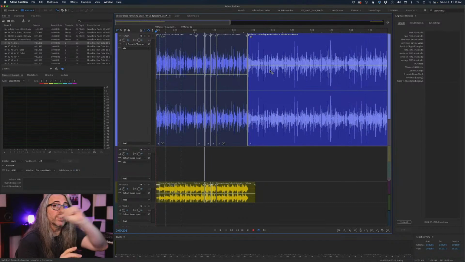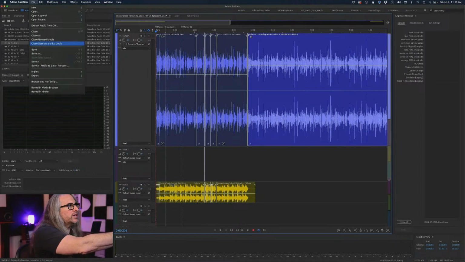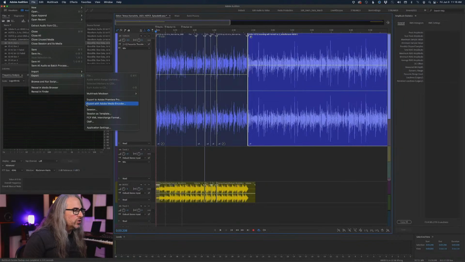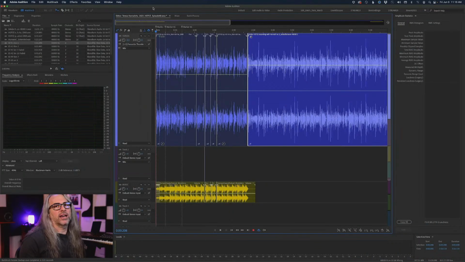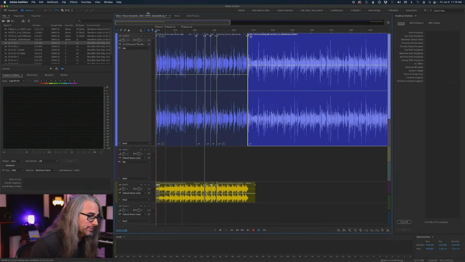Now, I ultimately did in the end because I wanted all the stems of the sound design back in the Premiere project just so I could show it there. But when you do an export from Audition with video, you can go directly to Media Encoder. You don't have to go back. The only reason you'd go back is, okay, I have the mixed sound from Audition, the mix is perfect, but now I'm going to further do a cut down or something like that. That's why you'd go back. Really, the way the workflow exists today, it's really a one pass. You're basically sending it to Audition to finish, with the option to go back, but you have to render.